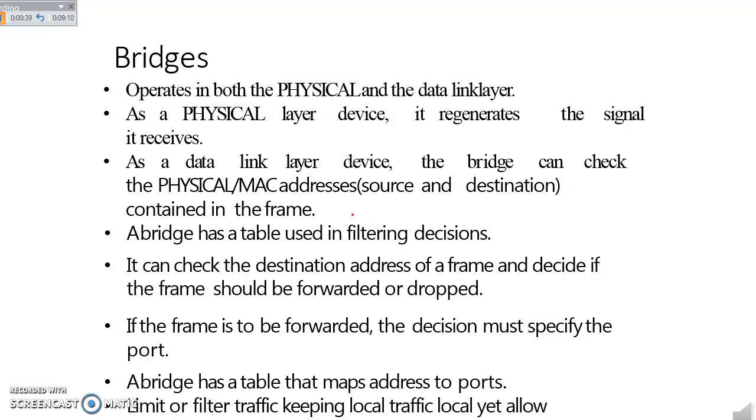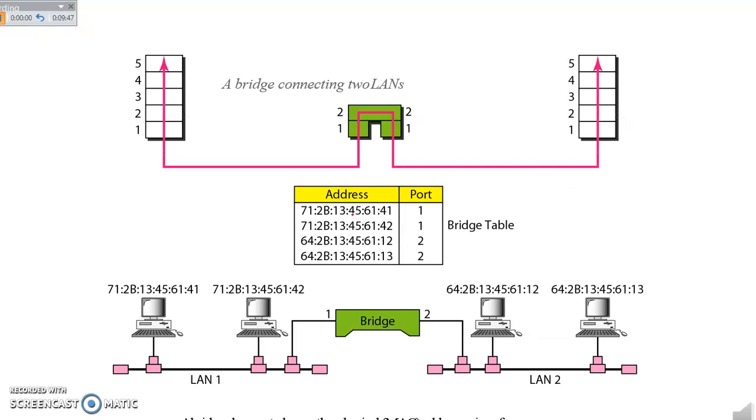The bridge has a table to make filtering decisions. So a bridge device will filter your data. It checks the destination address of the frame and decides whether the frame should be forwarded or dropped. If the frame is to be forwarded, the decision must specify the port. A bridge has a table that maps addresses to ports. It limits or filters the traffic, keeping local traffic local, yet allowing connectivity to other ports or segments. So here,